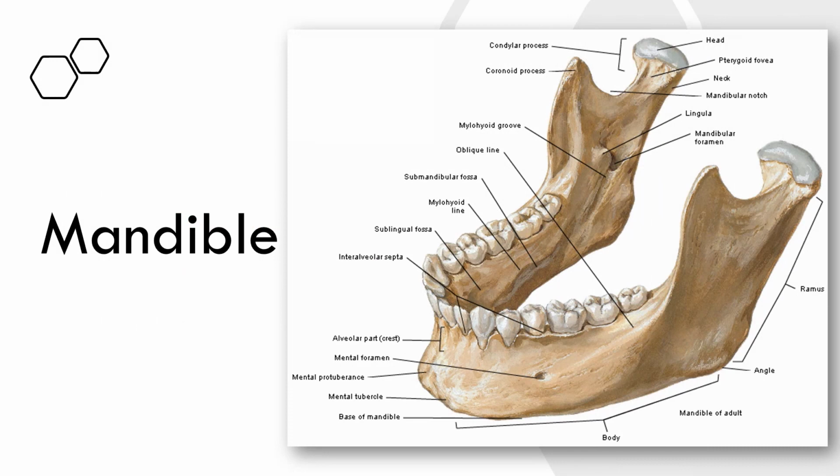Let us quickly look at the related osteology of the mandible in this slide. This is the ramus of the mandible. This is the body of the mandible. Ramus and body meet at the angle of the mandible. The upper part of the ramus has the head of the mandible. This is the neck. This is the coronoid process. On the inner surface of the ramus, we find the mandibular foramen, and it is covered by the lingula, a tongue-like projection.